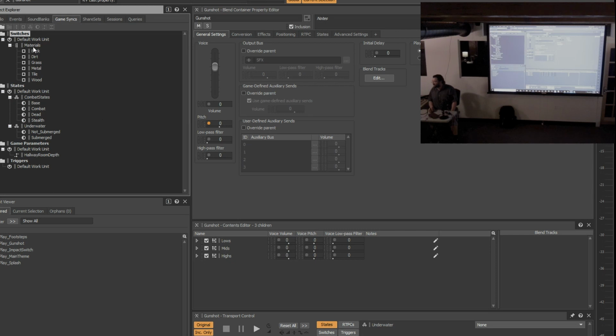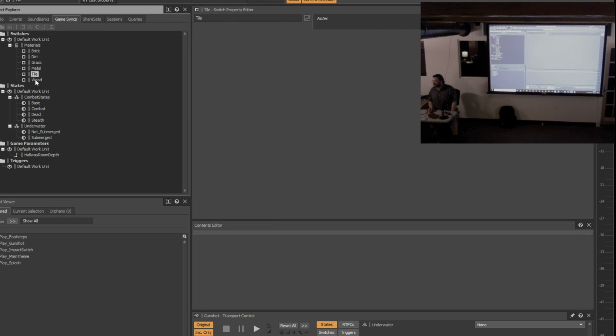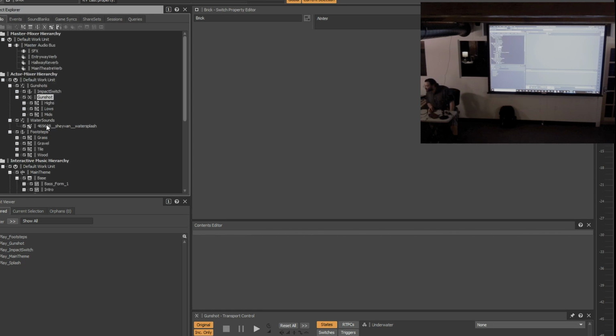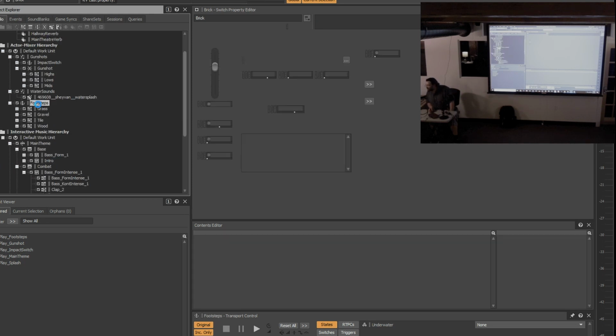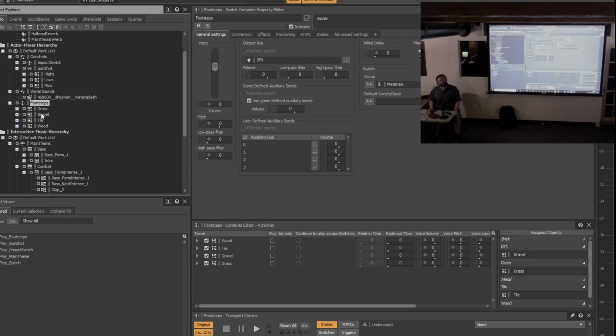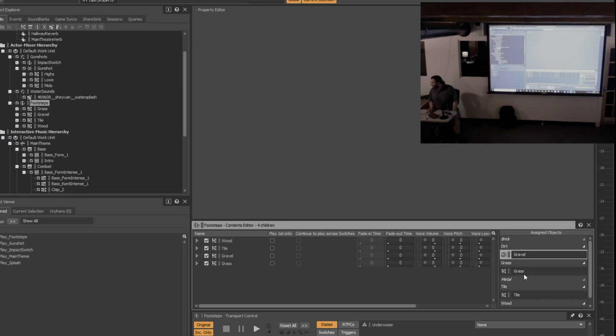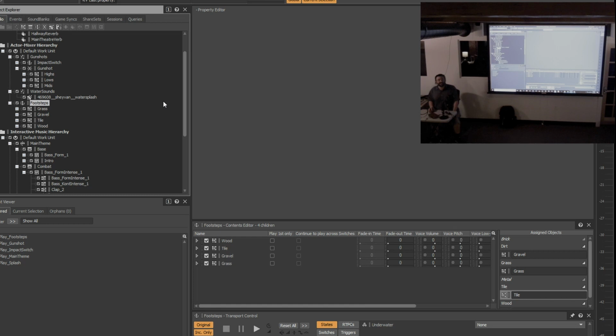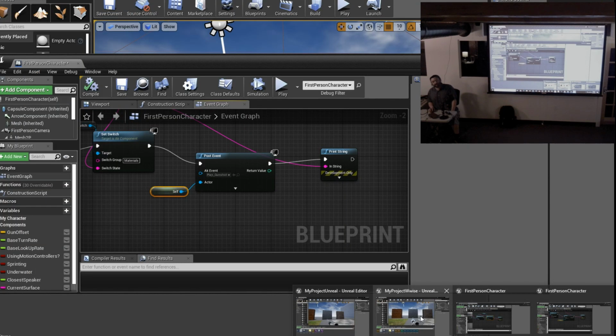In Wwise, you create a game sync, you create the switches and add all of your different switch nodes in there, and then you have a switch group where you contain all of your sound effects that are going to be under that switch, and you just simply assign them to the switches as necessary over here. Once that switch notify is sent, Wwise will make the switch on its own and you're all set. It's actually way easier to do this in Wwise than it is in Unreal, because once you have that set up,